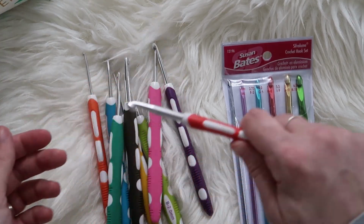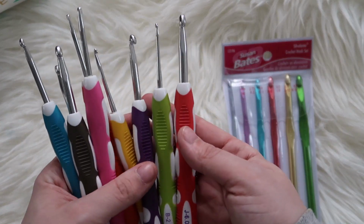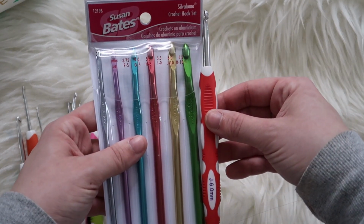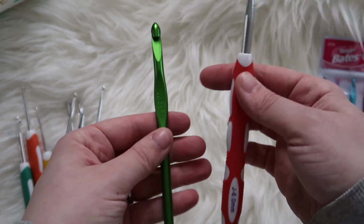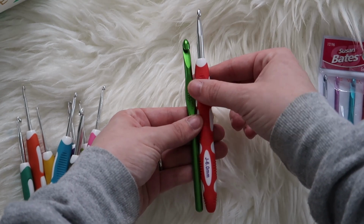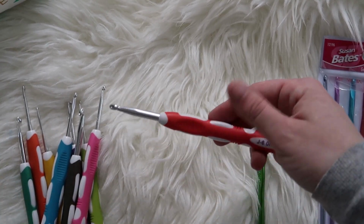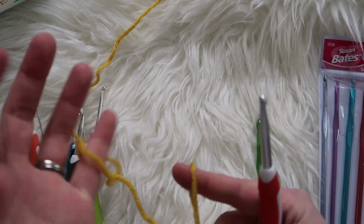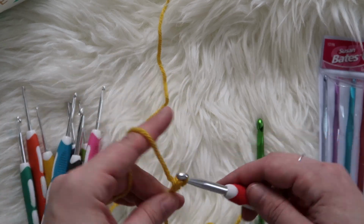So I was trying to find longer handled hooks. I had a bunch of people ask for those. Yeah, these are quite a bit longer. Look at that. Alright, so I've got my 6mm. Yeah, that is quite a bit longer for a crochet hook. And they didn't want Tunisian hooks, obviously. They just wanted a regular crochet hook. So we will see. They are much longer than I thought they were gonna be. I was hoping they were. They said they were longer, but